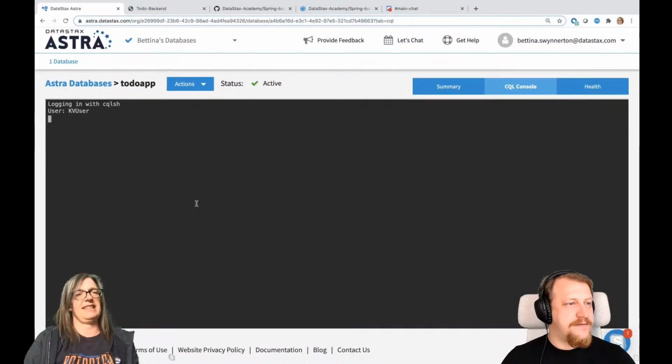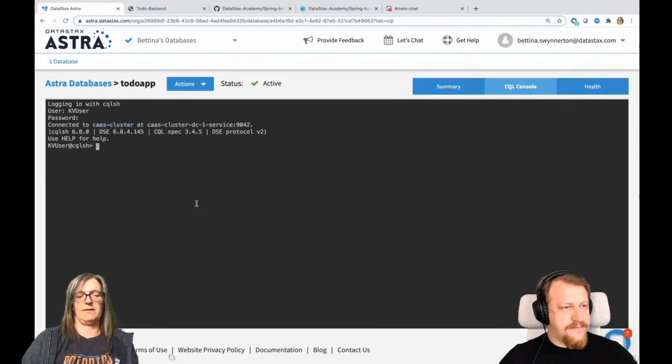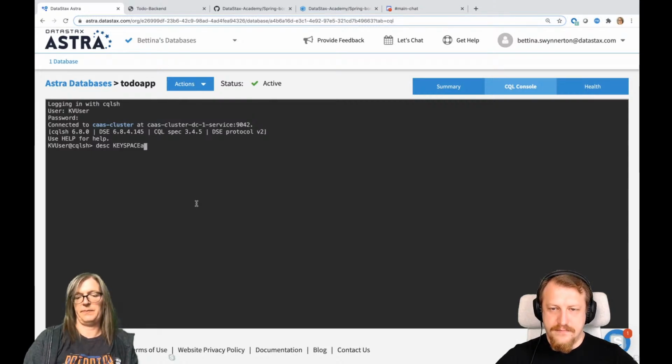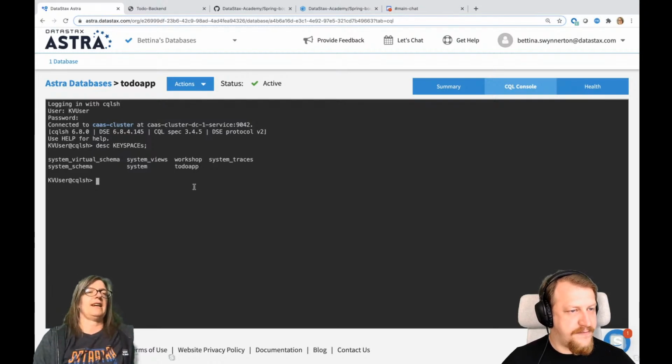The keyspace is there, you just don't see it in the UI, and that is a known problem. The UI isn't fully updating. So if you look into the keyspaces, you see this is the keyspace that I just created, workshop.